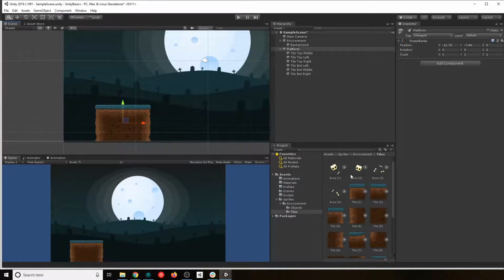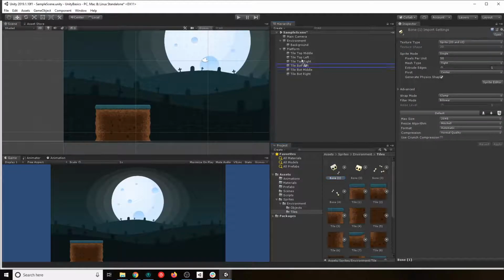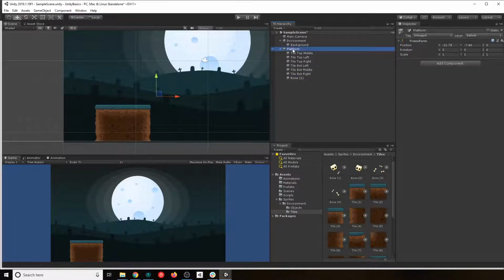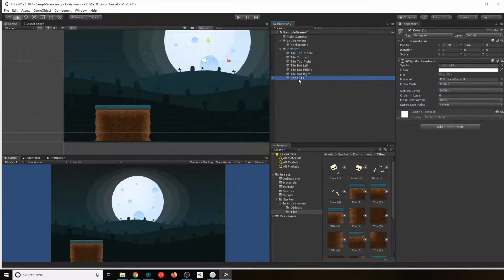Okay, so now that we have our platform, we can add those little details. That's just a nice detail to have there. So we're gonna put this in here. As you see here, this platform was moved, but this guy was placed to offset that change in the position 0. So we have to set this to tiles, and we want to move this guy to the position 0, 0, 0.